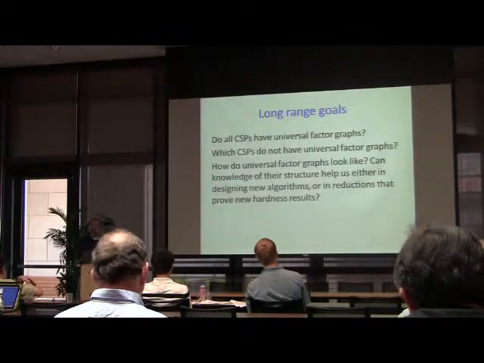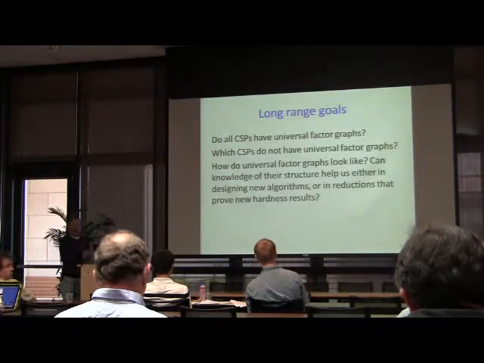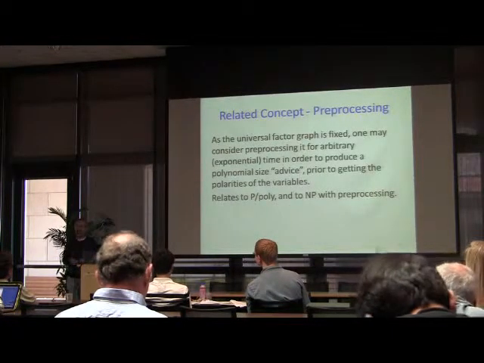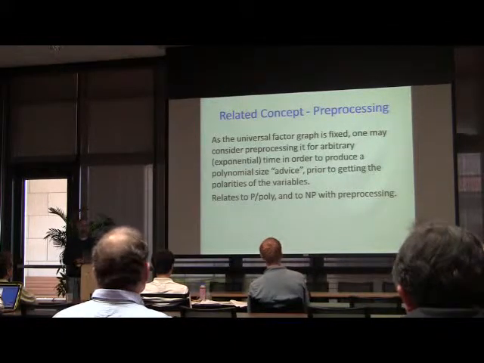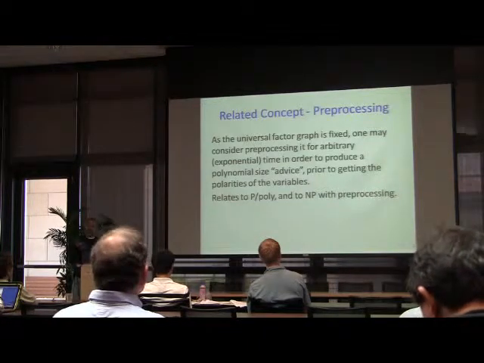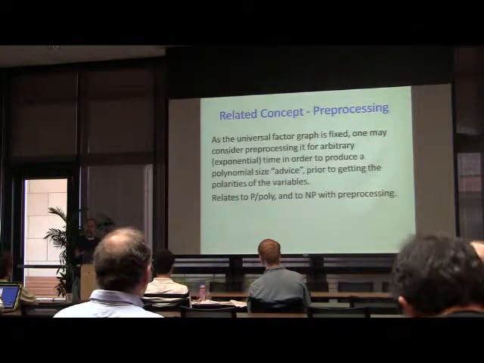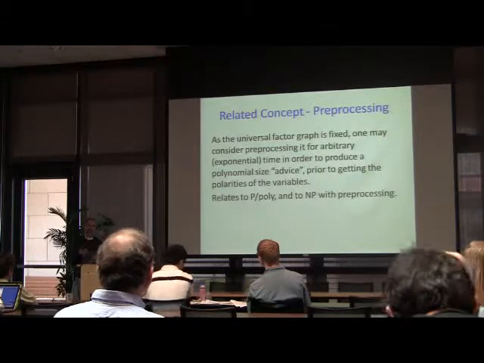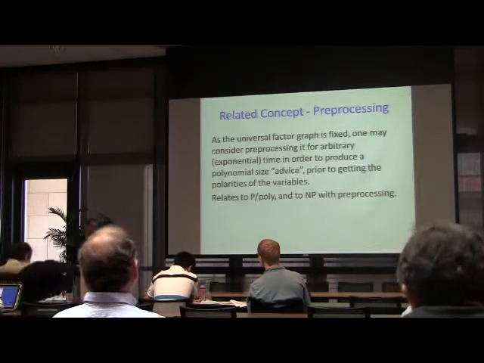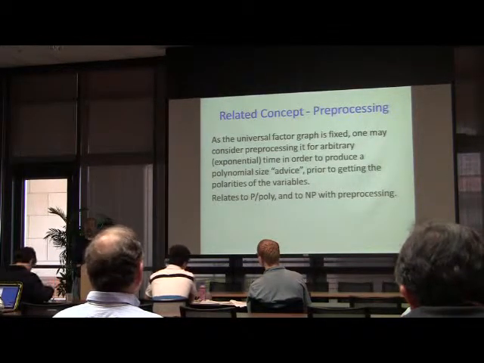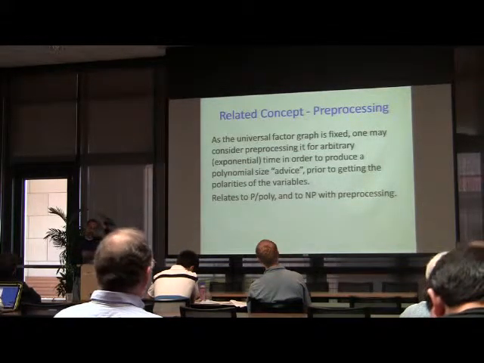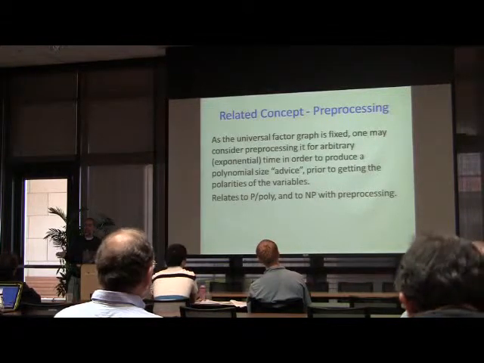Okay, so these types of questions in this particular formulation may be new, but in a strongly related formulation they were studied before in other contexts. And this is the context of NP with preprocessing. Since we are thinking of a universal factor graph as something fixed, and only the polarities are changing, we may think of an algorithm that is given exponential time or infinite time, we don't care how much, in preprocessing the factor graph before the polarities of the variables, doing that in advance,